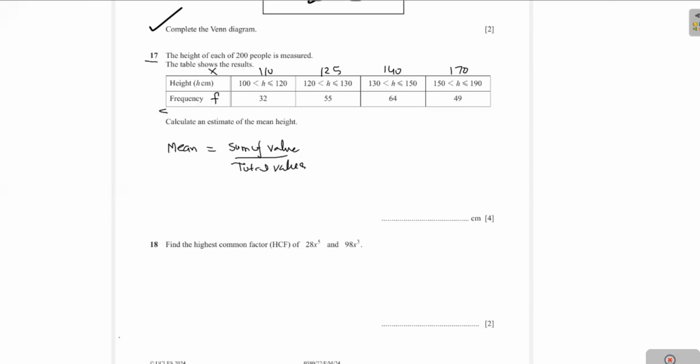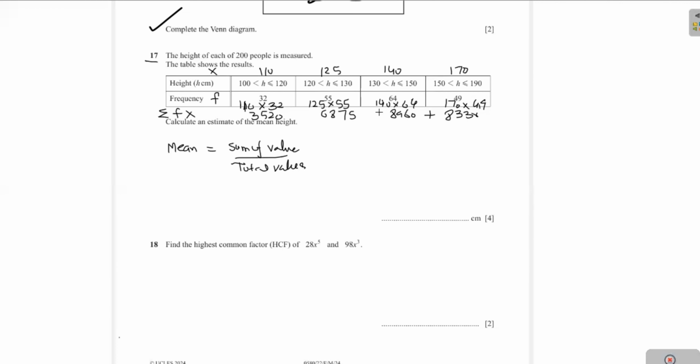Now the sum of values will be equal to F into X. Now we multiply 110 multiplied by 32. This value will be equal to 3520. And next, when the value 125 is multiplied by 55, the answer will be equal to 6875. And next 140 multiplied by 64, this value will be equal to 8960. And next is 170 multiplied by 49. This will be equal to